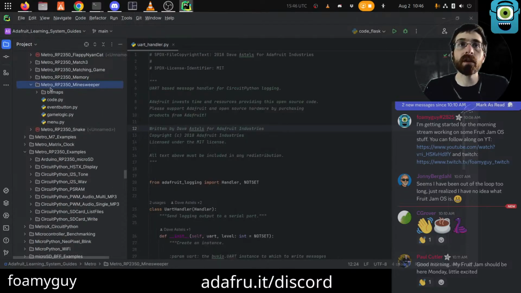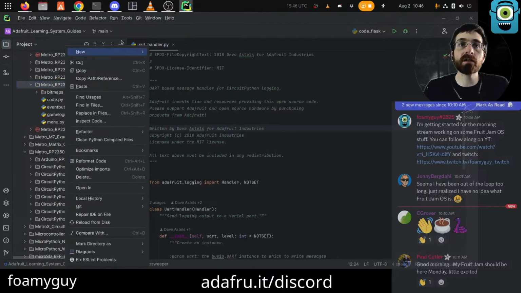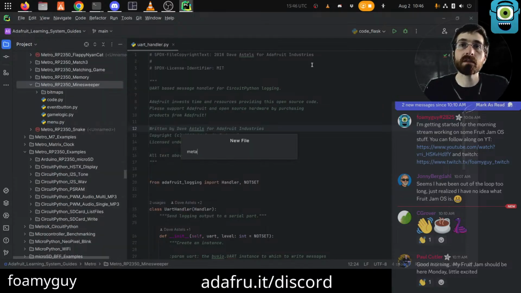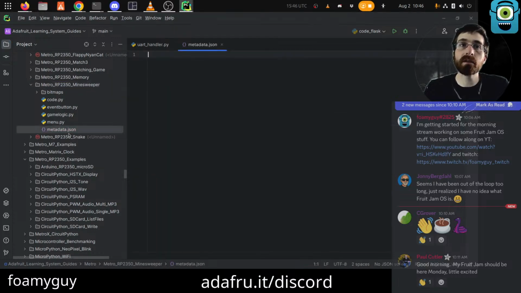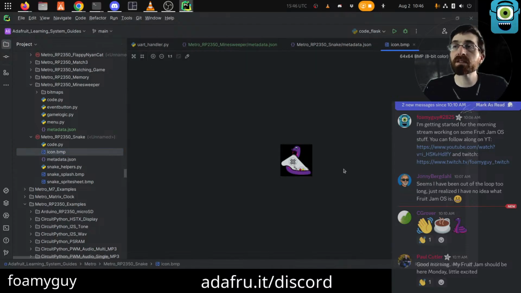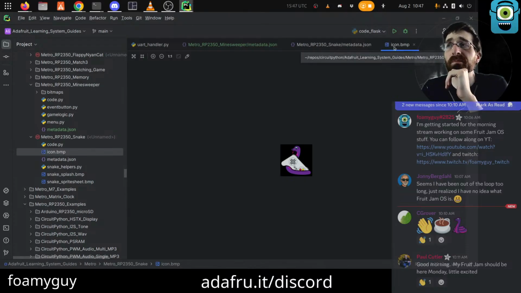So for FruitJam OS, the way that it gets the title and the icon are from a file called metadata.json, like this. It can have a title and it can have a reference to an icon. The icon can be a 64 by 64 bitmap at least.